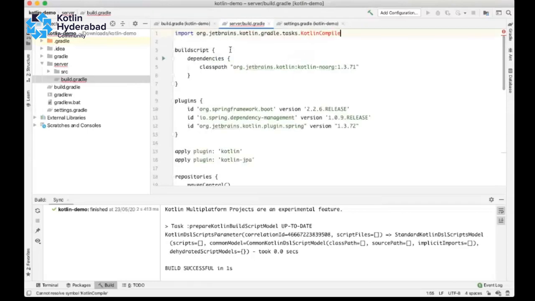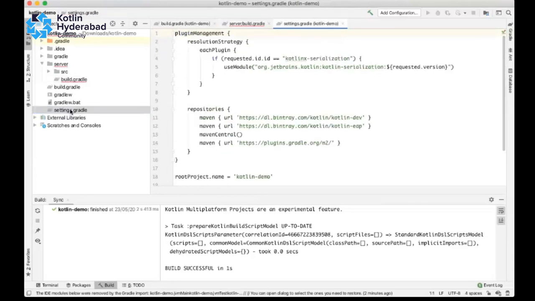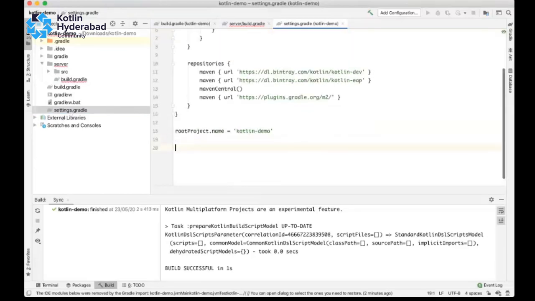Just an import section for Kotlin. Okay.